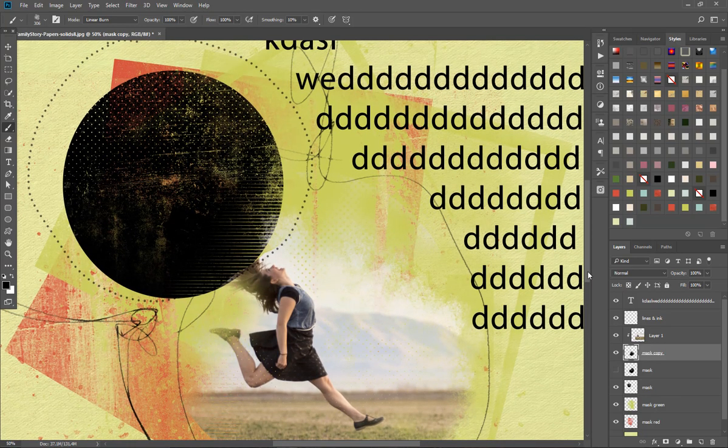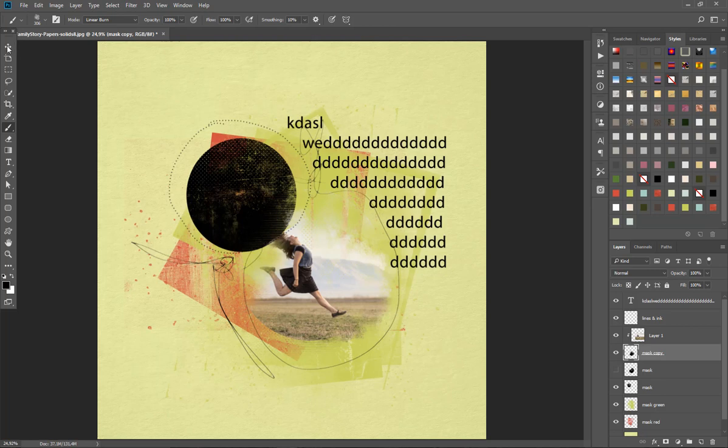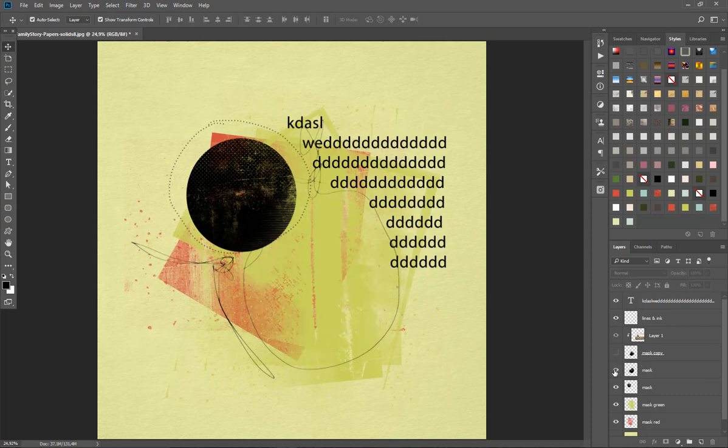Okay, Control or Command 0 and you fit your canvas to your workspace. Now we have the text perfect on our round mask. I will delete now this mask which I painted, and